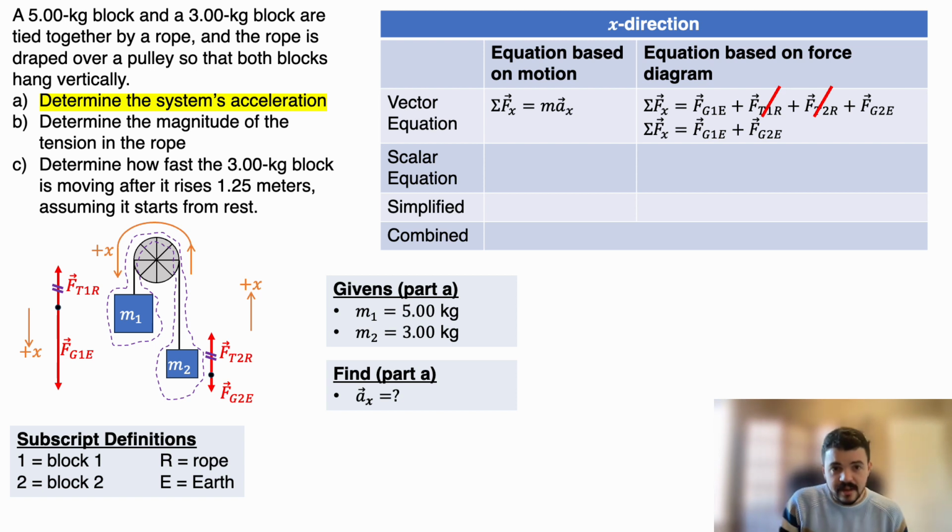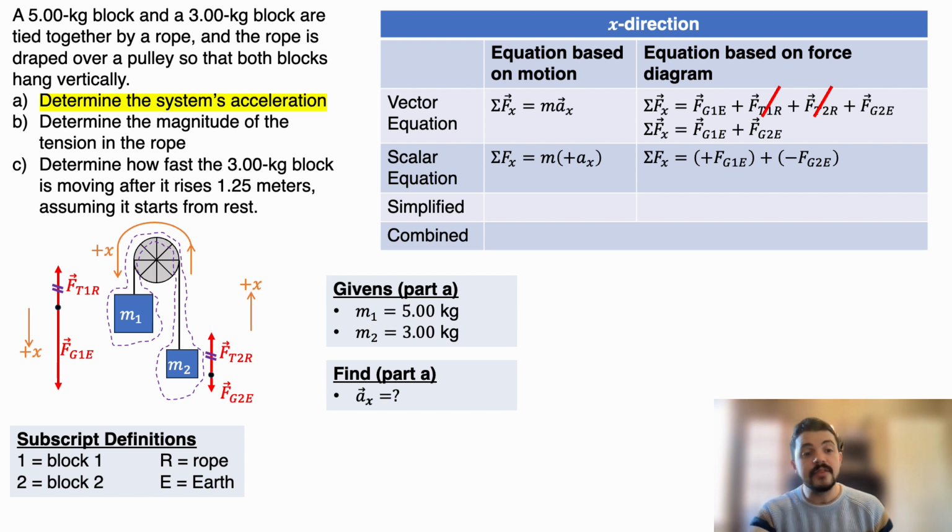Let's go ahead and write scalar equations. When I look at my net force scalar equations, I see one vector to worry about its direction based on the motion, and two vectors to worry about based on the force diagram. Looking at that, my acceleration will be in the positive direction because the object is getting faster the whole time, and so the acceleration is in the direction of motion, and I've chosen the x direction to be the direction of motion. And then the gravitational force on block 1 by the Earth is down, which is the positive x